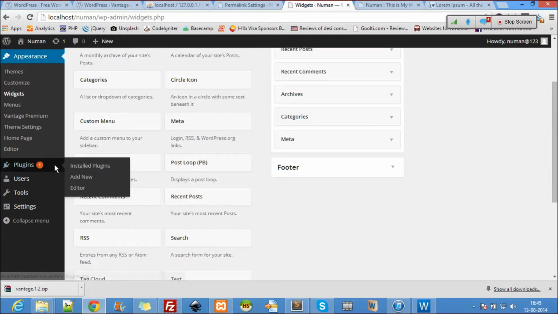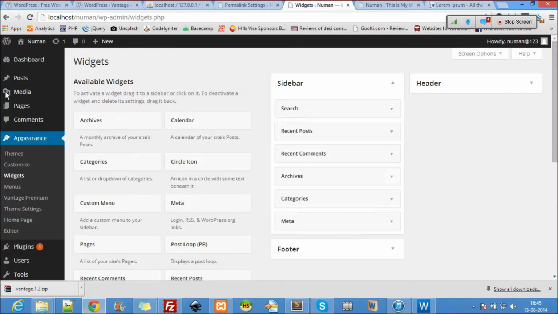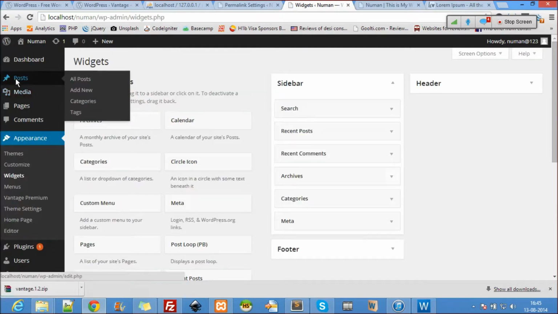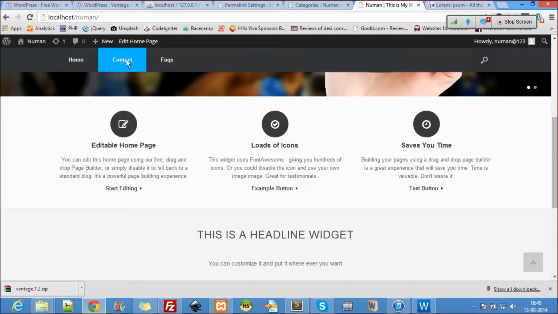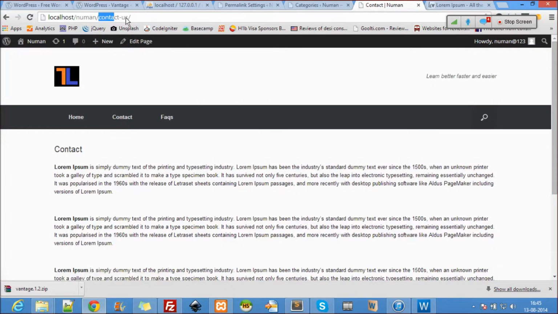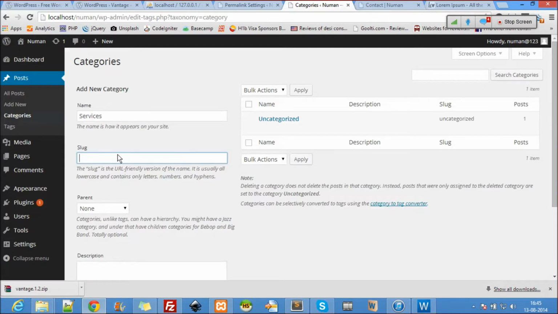But let's add our services first. So for that, services are posts. As I told you guys, services are nothing but posts. So even before that, we have to make a category. If you're trying to make something to post, it should have a category first. So the default category is uncategorized. It's the only category which is available for the first time. So now I'll call this services. Slug is nothing but the URL. You can see it here. If you go here, when I click on contact, the URL is contact us, right? That is the slug here. So I'll say services or my works.